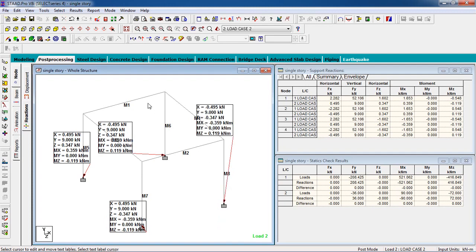So that's it. Our design of the single story frame is complete. So this is how you can design a single story building in steel structure.